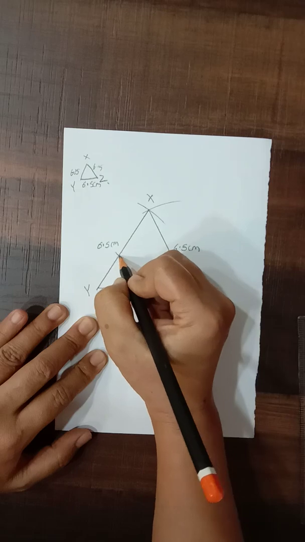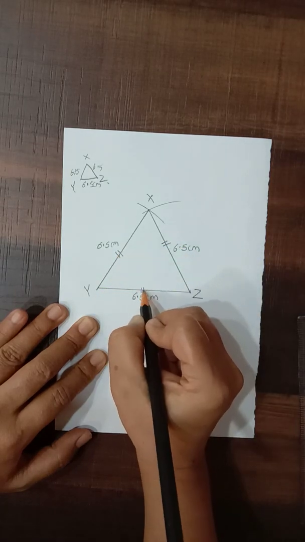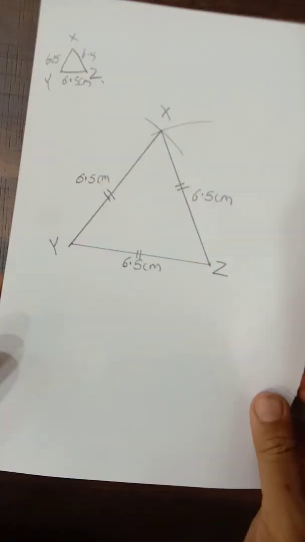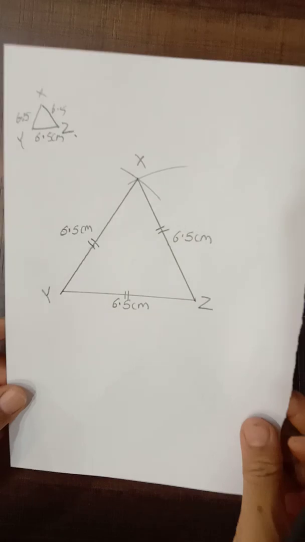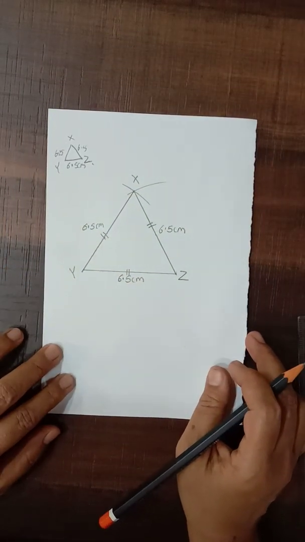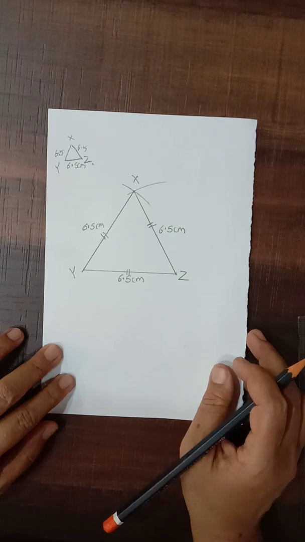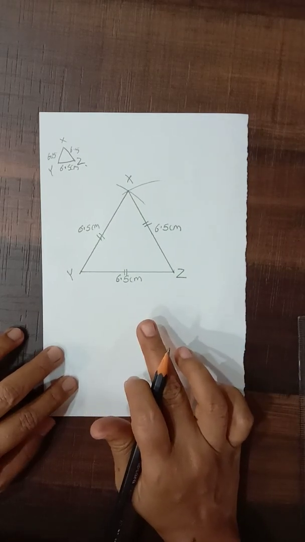How to show or indicate all three sides are equal? You can do like this marks. So this is your equilateral triangle where all the three sides are equal. I guess these are the only 3 types of triangles depending upon the length of the sides: scalene triangle, isosceles triangle and equilateral triangle. So you can do set 2 now on your own.